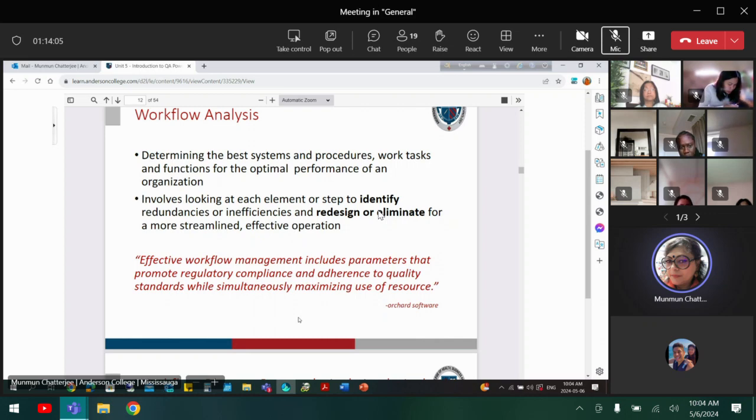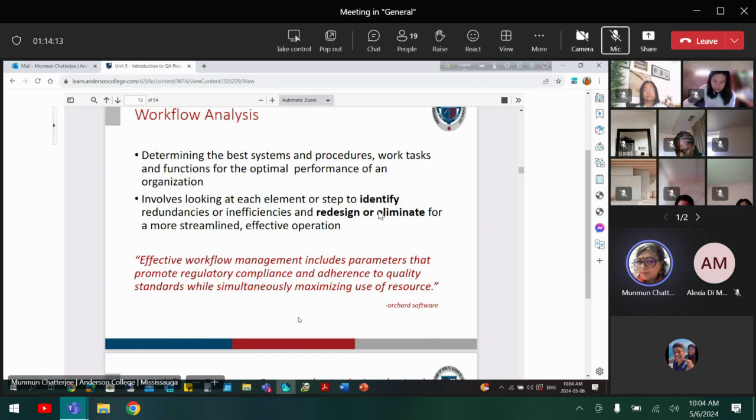You do QC, you check everything, whatever you did, but that person didn't come properly or didn't deliver on proper time in the lab, or during the transport there is a problem. So everything comes together for quality assurance. And then why this quality assurance fails, or what the problem is, that is looked after by the quality management team. So effective workflow management includes parameters that promote regulatory compliance and adherence to quality standards